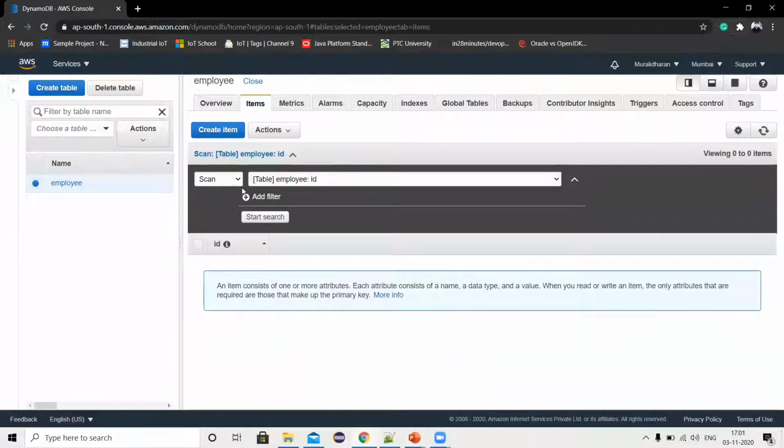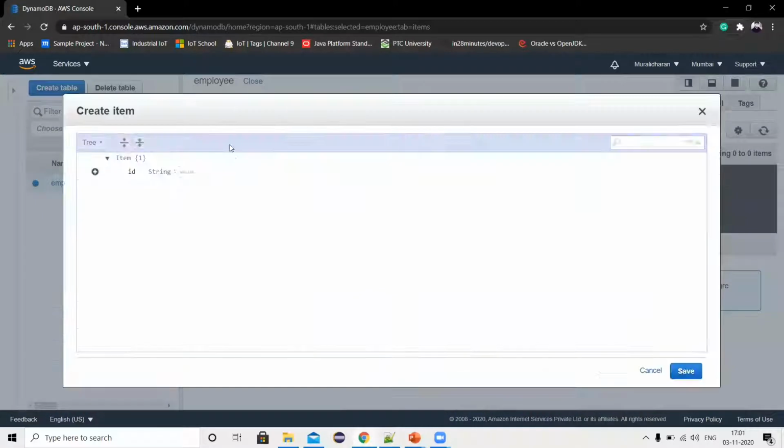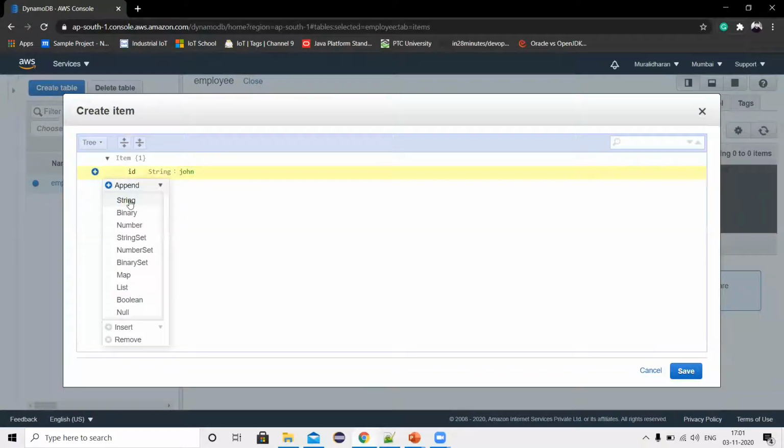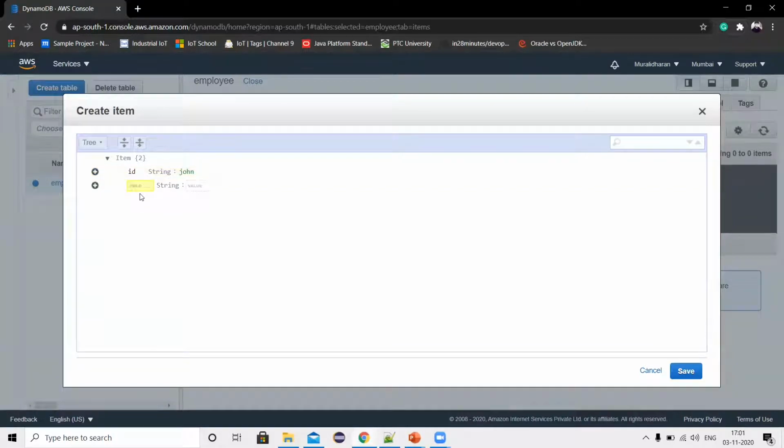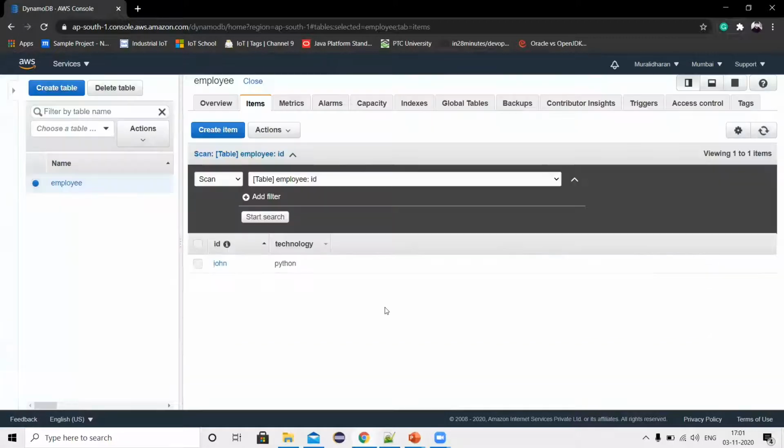Go to items. I'm going to add data manually. Create item. Here I'm going to write ID John, and click on the plus icon, append, choose string, and here technology, with the value Python. Click on save.